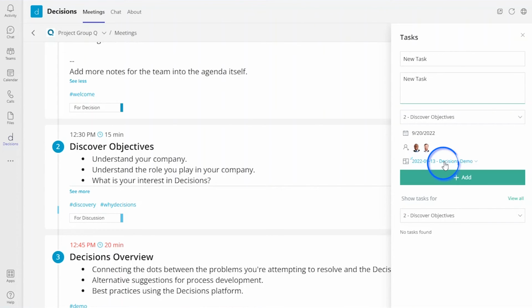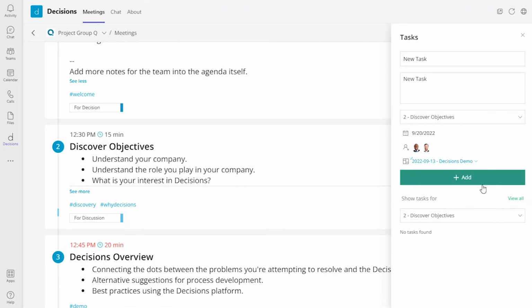And then you'll notice there's this little hyperlink here. Decisions offers to create a vertical column or bucket in the corresponding Microsoft Planner plan for the team. So if you want, you can drop all your tasks from the meeting directly into the meeting bucket. If you want us to be a little more flexible, you can actually drop these into any buckets that you have at your disposal. So it does not have to be the meeting bucket. You can actually create other buckets behind the scenes if you'd prefer.